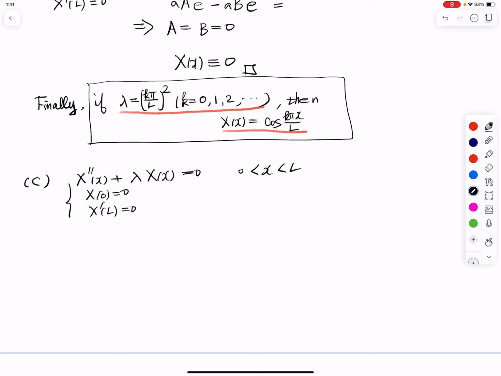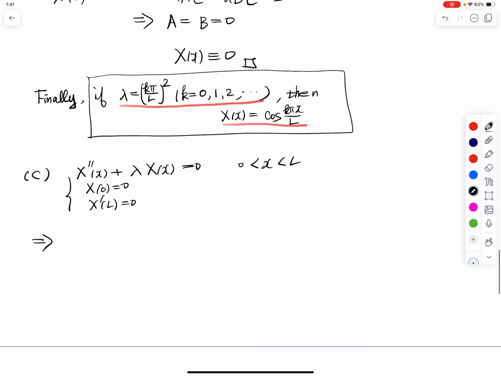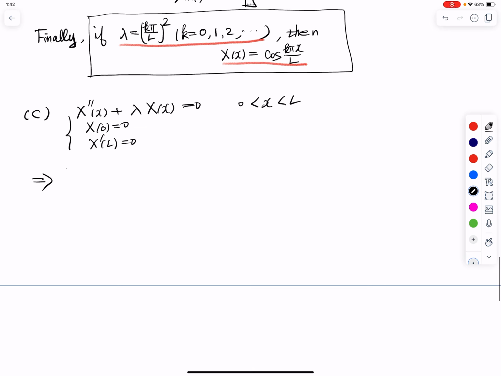Then in this case, we obtain that if lambda equals ((2k minus 1) pi over 2L) squared, k an integer, then X(x)